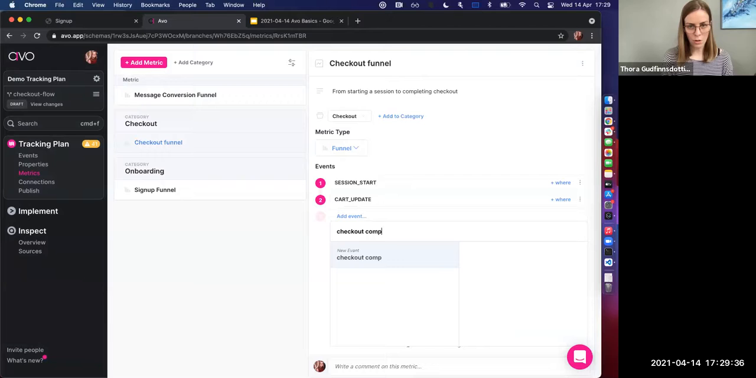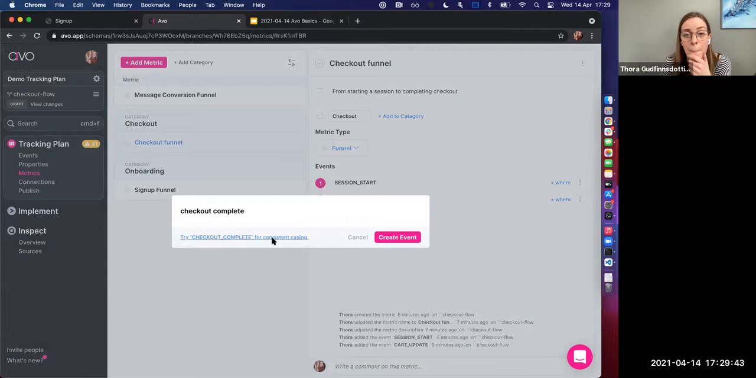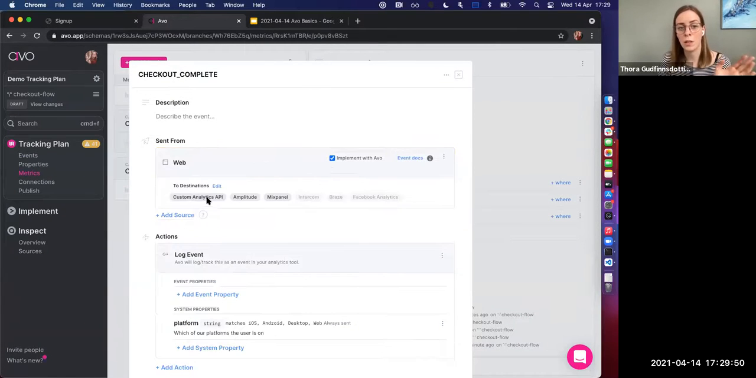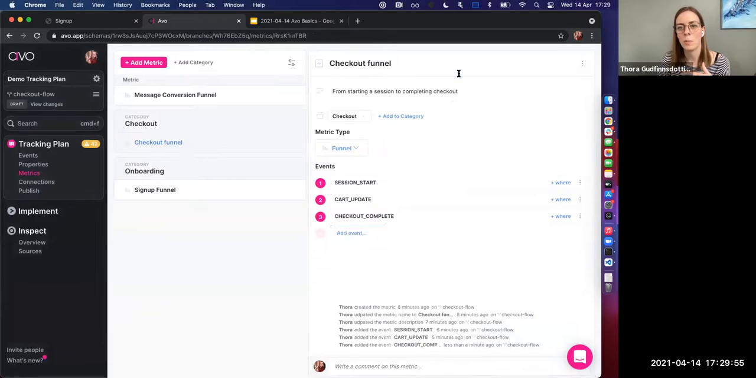Then I'm going to also add another event to finish my funnel. So checkout complete. I'm not going to configure that. I'm just going to add it to send it from the web source. I'm not going to configure it more because we don't really have time to go into too much detail. Okay, so now I have created my checkout funnel here, and it has 3 events, and I've configured the cart